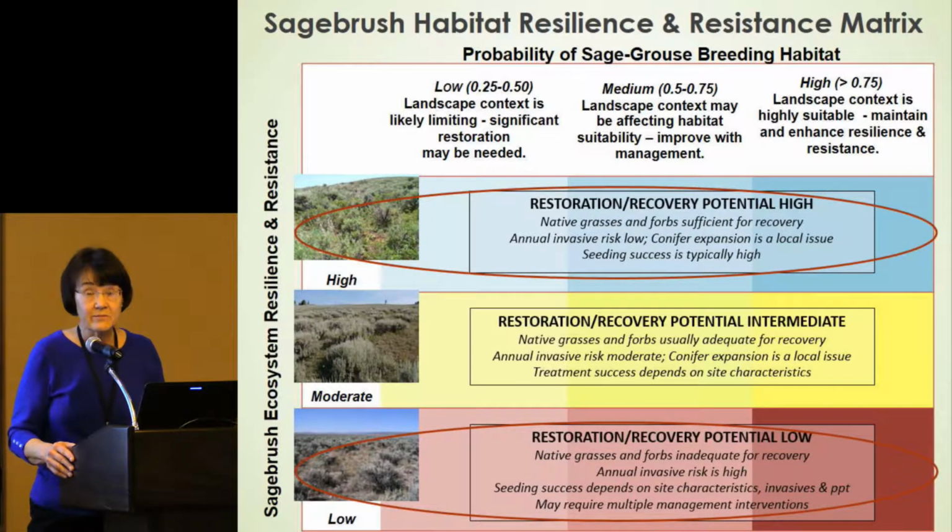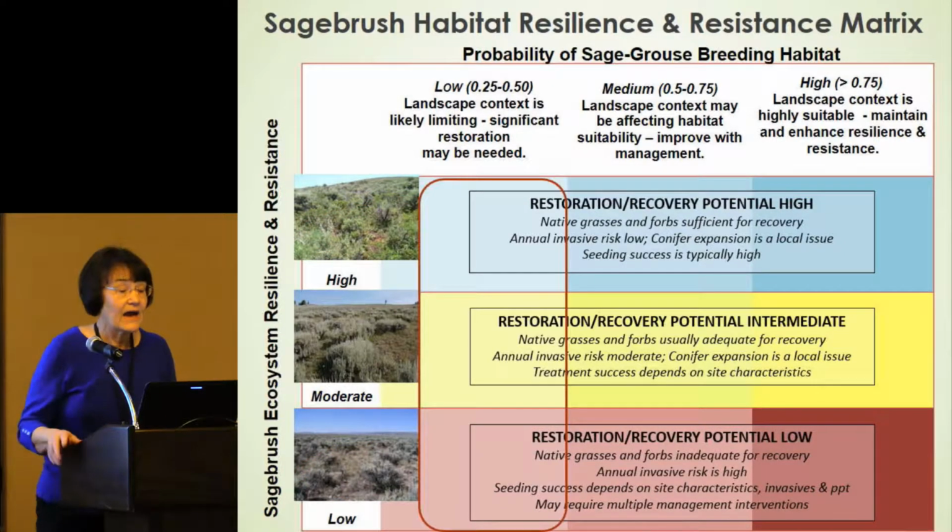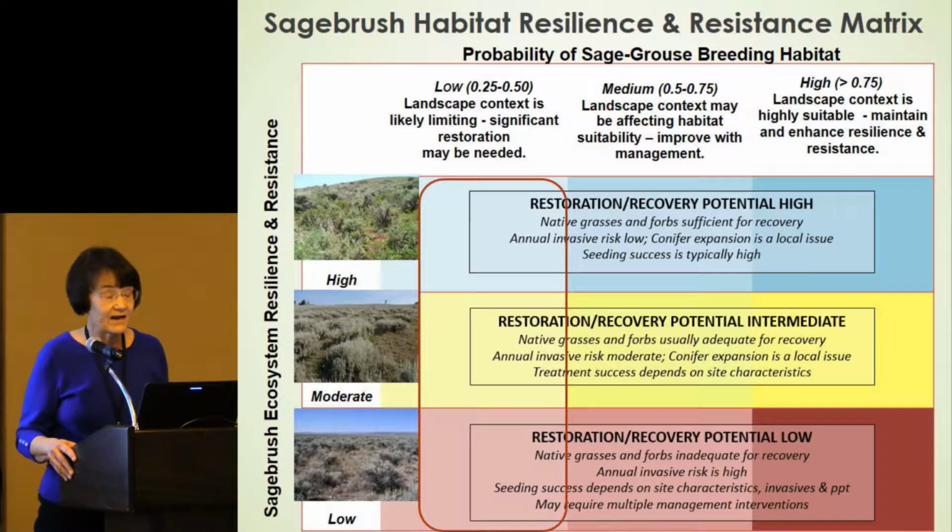These areas may require multiple interventions for restoration success. Now, if we factor in the probability of sage-grouse breeding habitat, we can look first at that low probability, and we see here that the landscape context is often limiting for supporting sage-grouse. In order to make these areas suitable, significant restoration may be needed, and in many cases, it may not actually be feasible. That doesn't mean that these areas aren't important for management in terms of other species at risk or